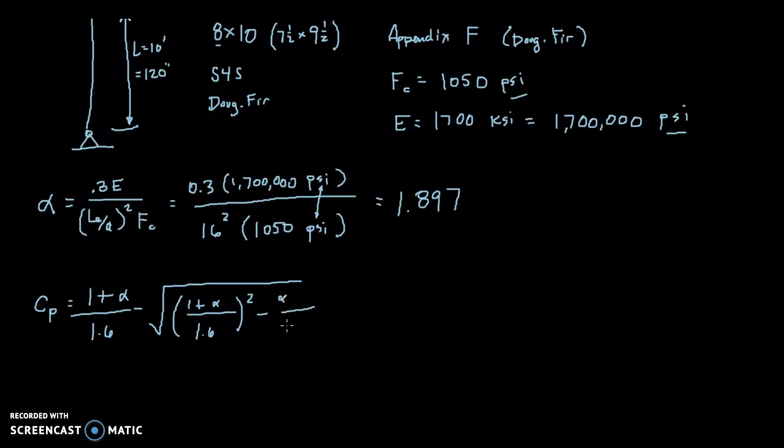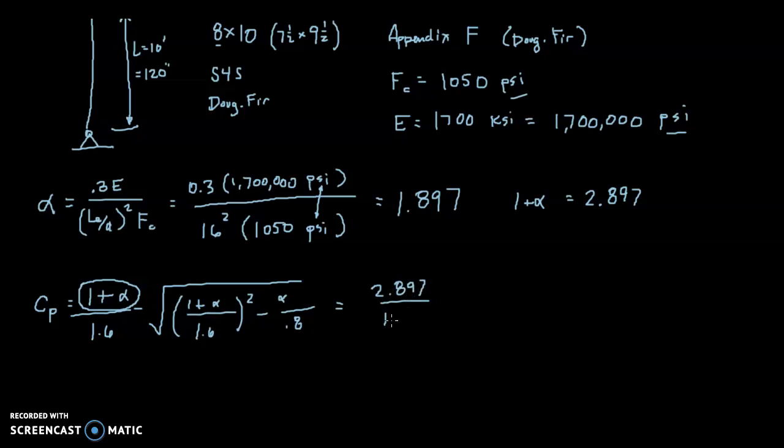minus alpha over 0.8. So what I like to do is this 1 plus alpha, that can easily be done in your head, basically, right? 1 plus alpha is going to be equal to 2.897. So when I write these variables into the formula, I just go ahead and do that particular computation mentally and just write it down. So